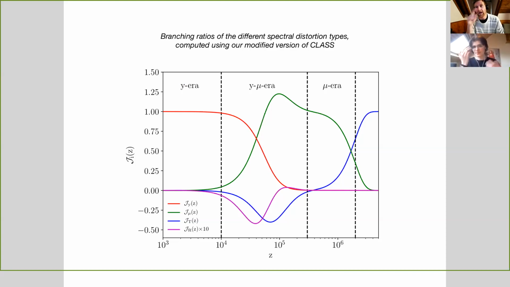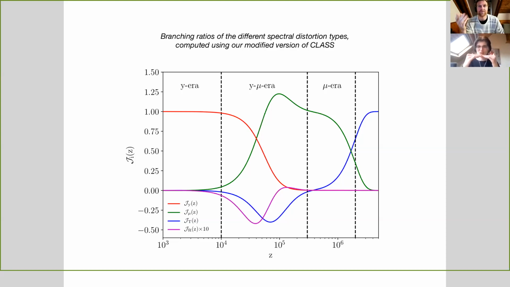Okay. And why is it, sorry for dwelling on this, but why can it have a sign? Like, why can there be a positive mu distortion, but a negative T distortion? Yeah, this is really related to the way it's affecting the photon energy, whether it's subtracting from or adding to the photon energy. At different regions you're going to have different dominant contributions, but the idea is we have normalized it to this default radiation level. So any deviations are either going to be adding or subtracting to this.